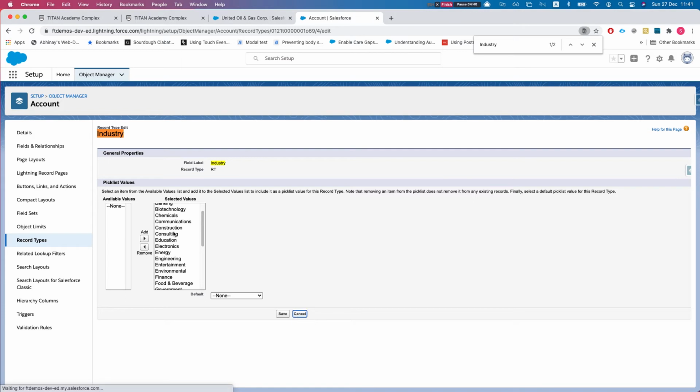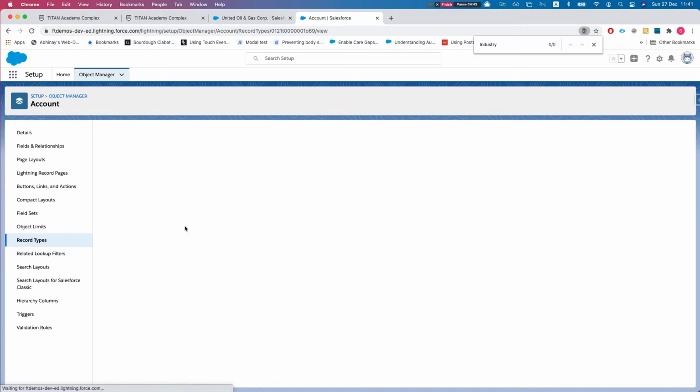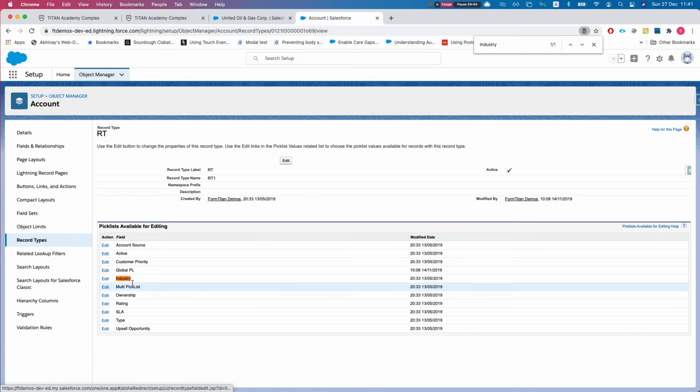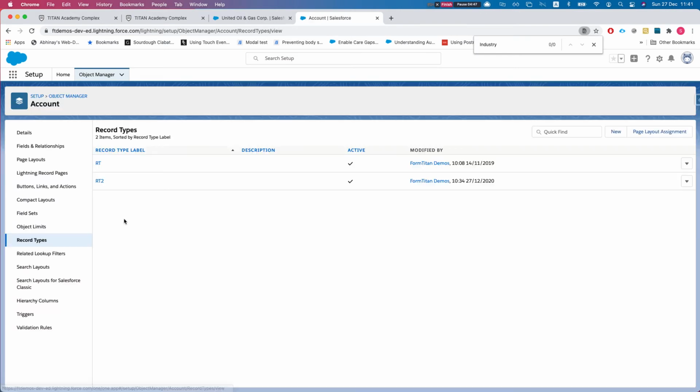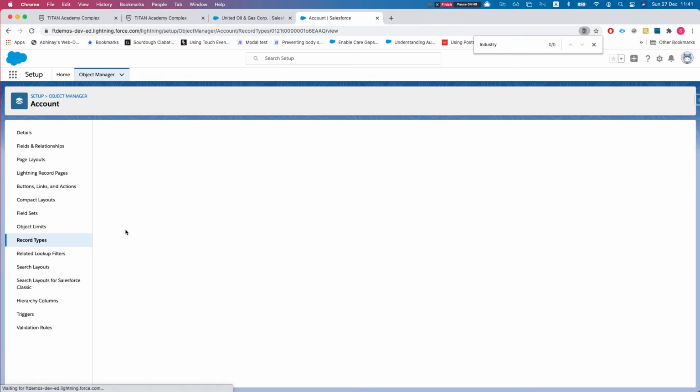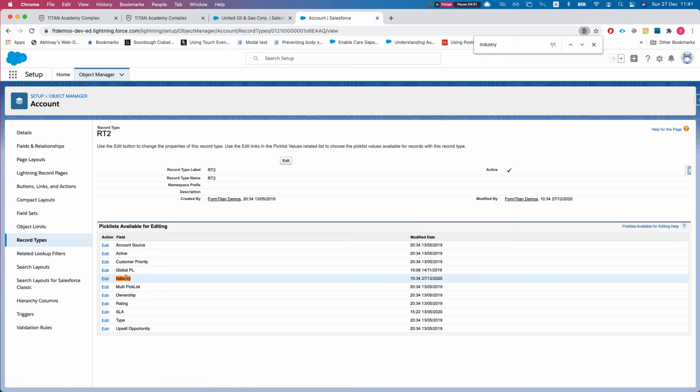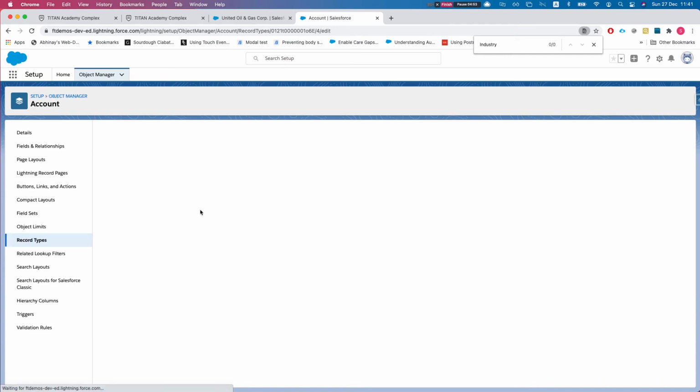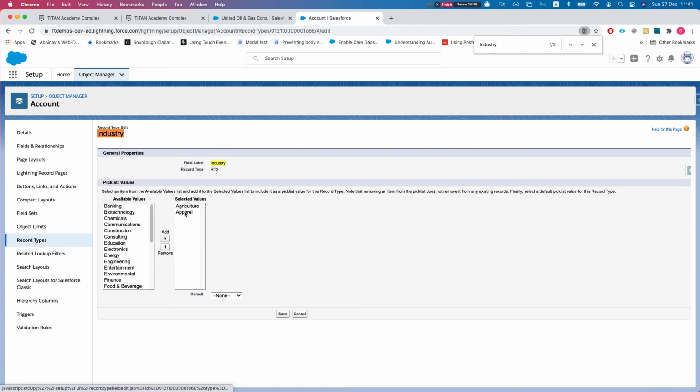So if I hit cancel and I head back to RT2 and I take a look at the industry, I can see that only agriculture and apparel are available for that record type. So let's grab this guy